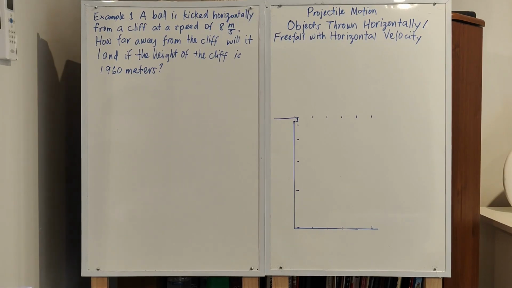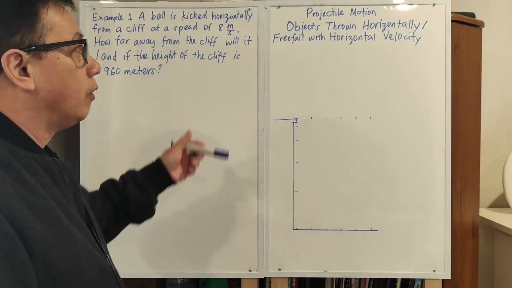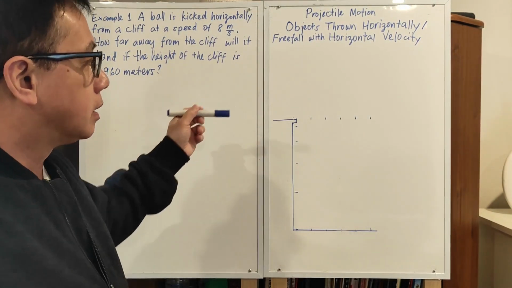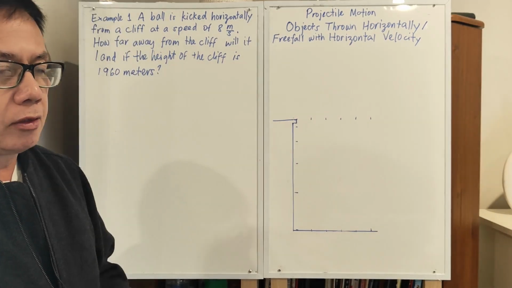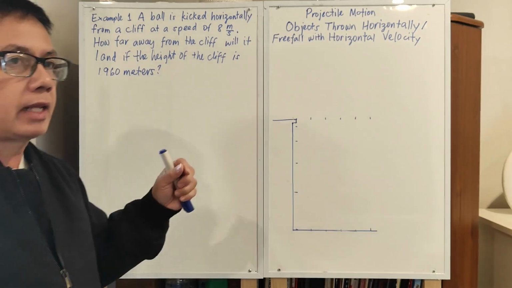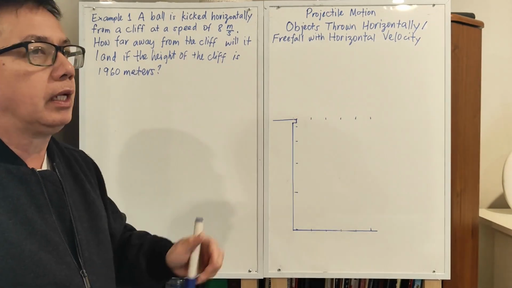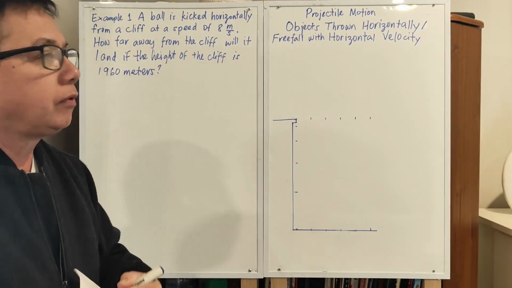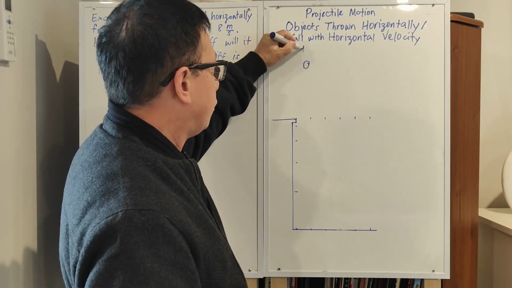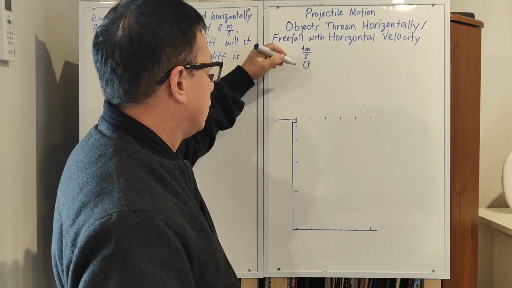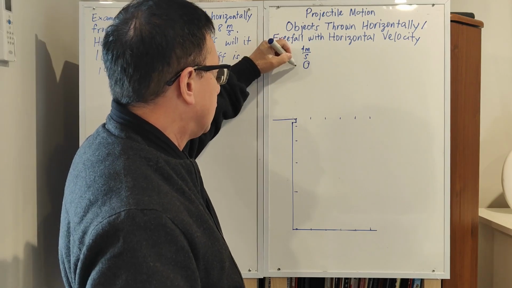Today we will be discussing objects that are falling and at the same time have a horizontal velocity. So first, try to imagine if the earth is flat and there is no gravity. Then if you throw an object, for example at 4 meters per second horizontally,